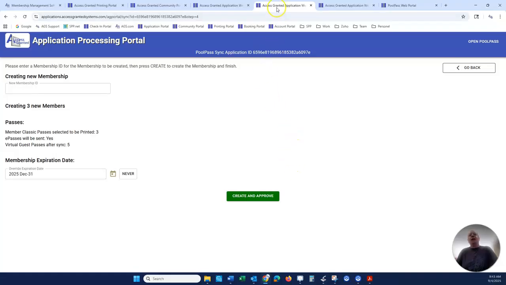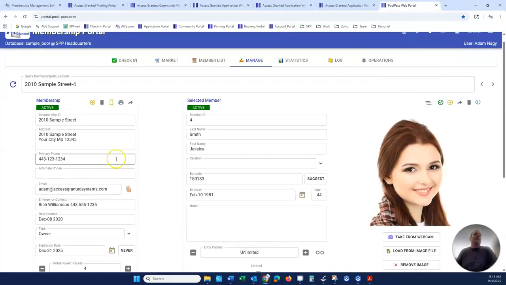There is another way that Classic Passes are distributed, and some of our clients do it this way. So I'm going to click over to the database where this property manager has entered 2010 Sample Street and entered the information for Jessica into the database. If that property manager wants to send them some Classic Passes, the address is populated here, so the property manager can click the